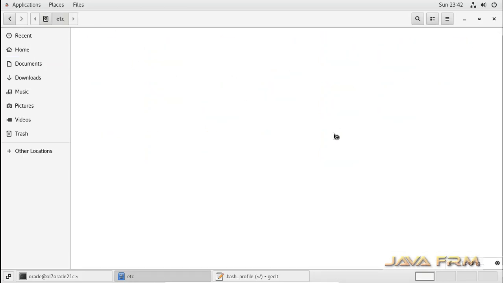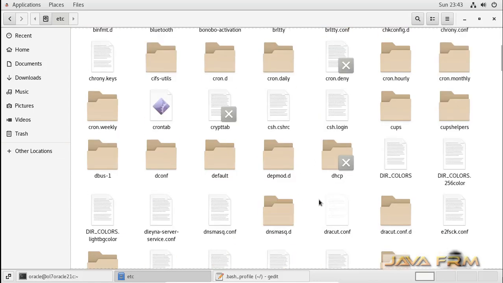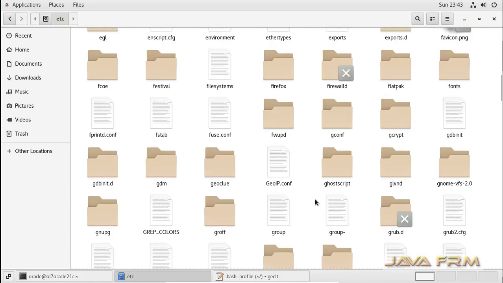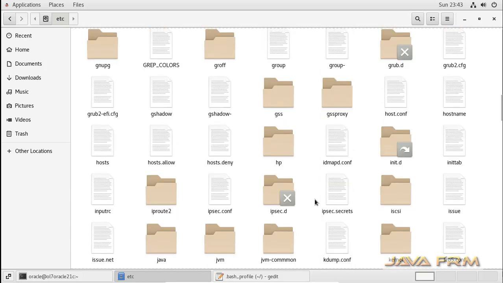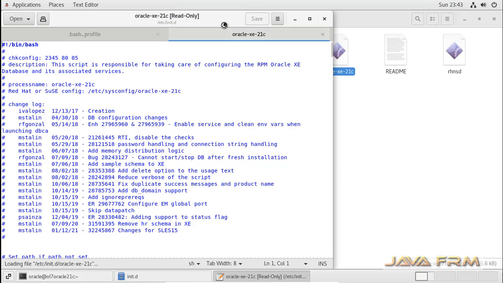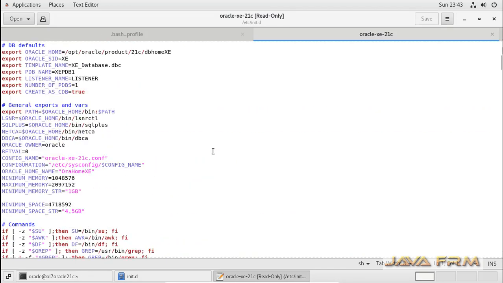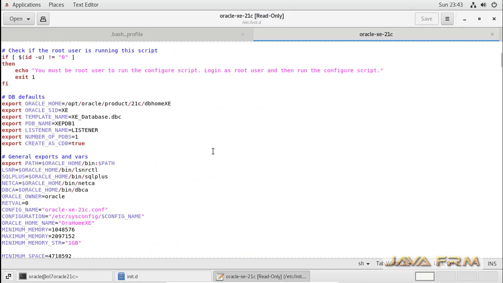Next I am going to /etc/init.d. Go to init.d. As every Linux user is aware, init.d contains the configured services. Here you can see that Oracle Database 21c is configured as a Linux service, which means that you can start and stop the Oracle database instance using a command.